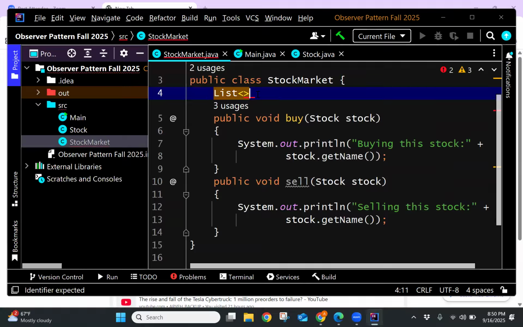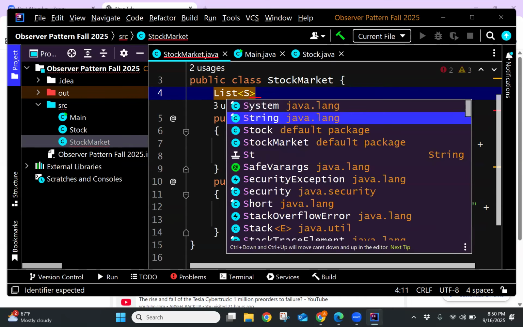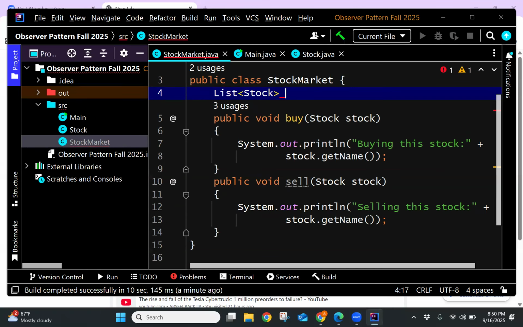I think in Java it's called like a template, meaning that we could pass in any type we want. So in this case, we want to have a list of stock, or myStocks, and we're going to keep it equal to a new